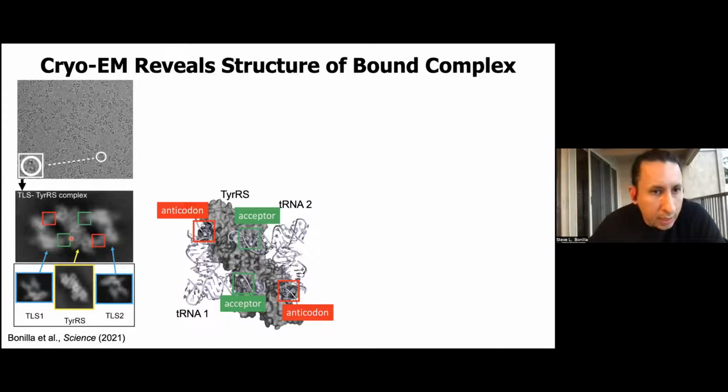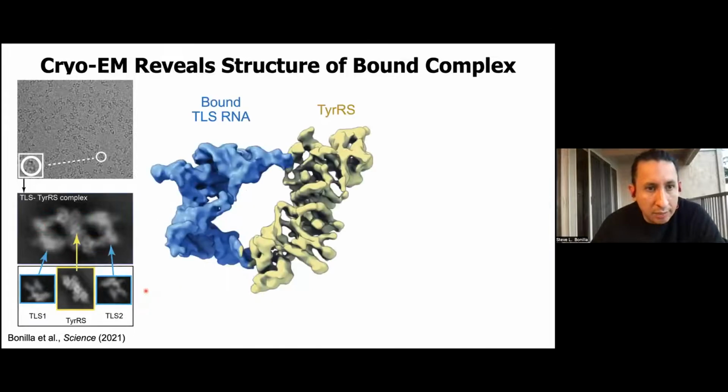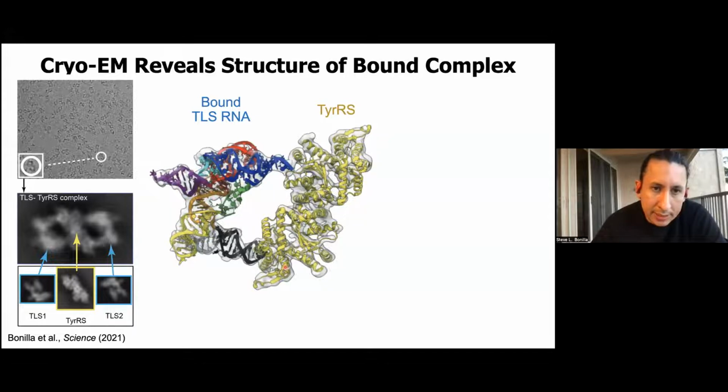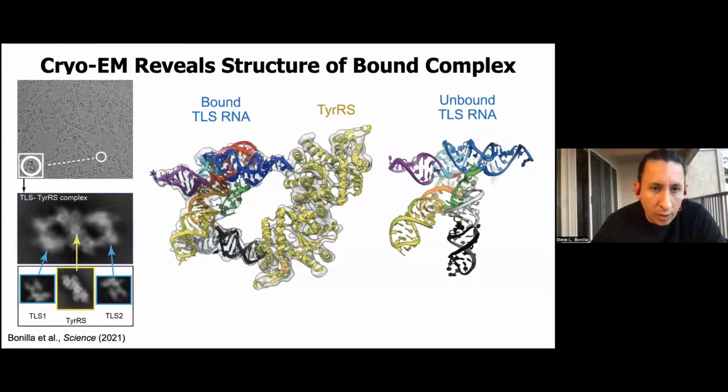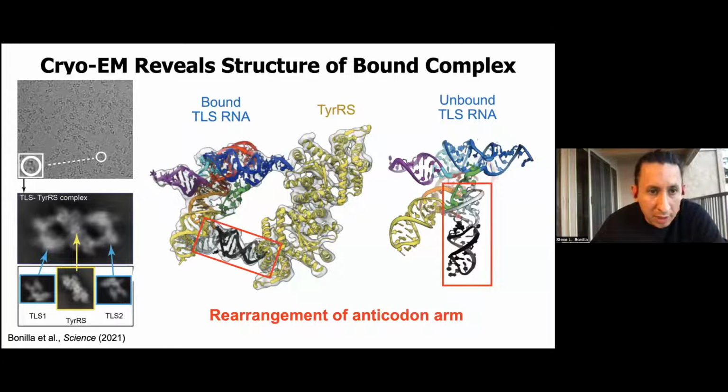At this point, we ran into some problems with preferred orientations with these complexes. But then, again at PNCC, we took data at different angles, so tilted data, and that allowed us to eventually get a 3D reconstruction of what the RNA looks like when it's bound to the synthetase. Consistent with our hypothesis, this anticodon arm analog has to undergo a very large rearrangement to avoid those steric clashes